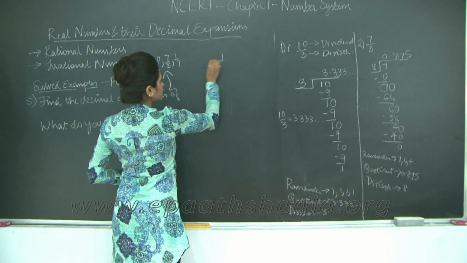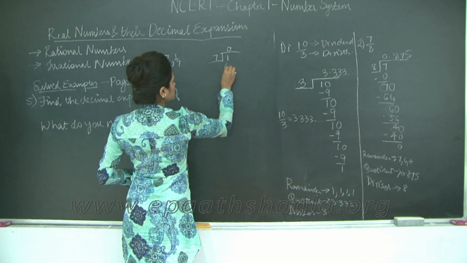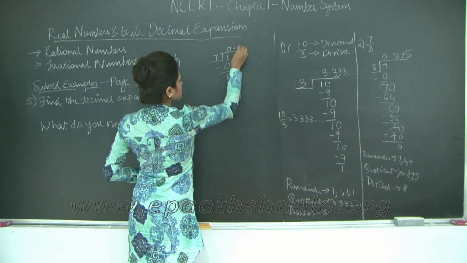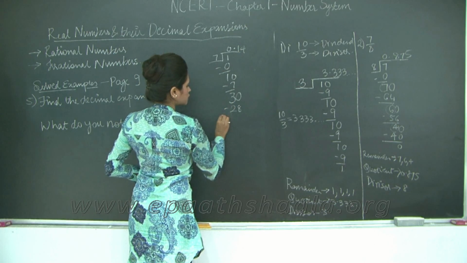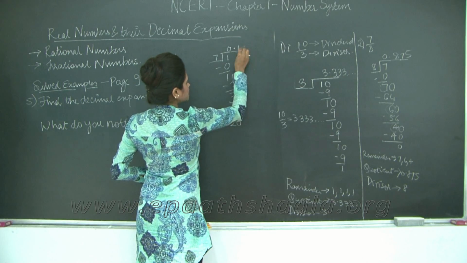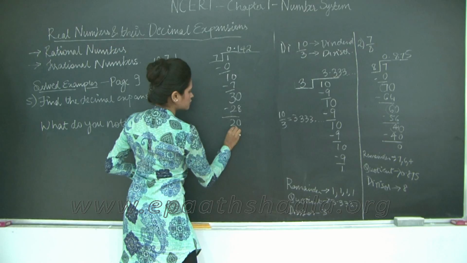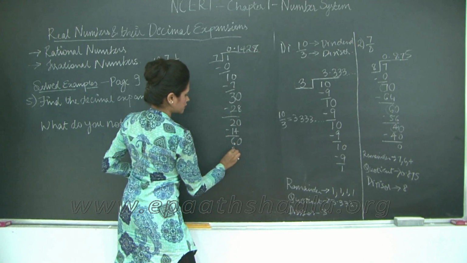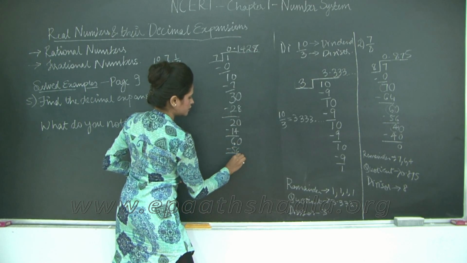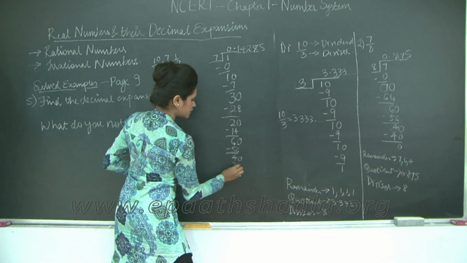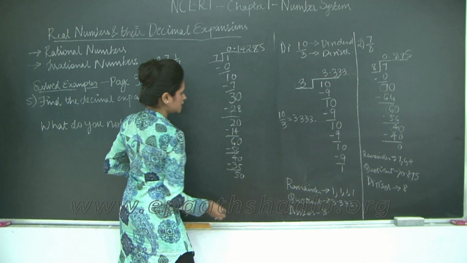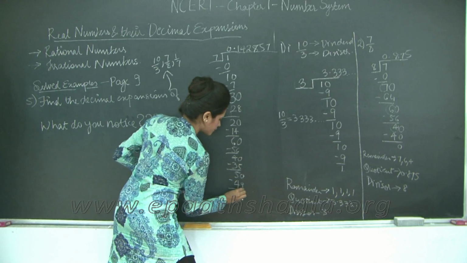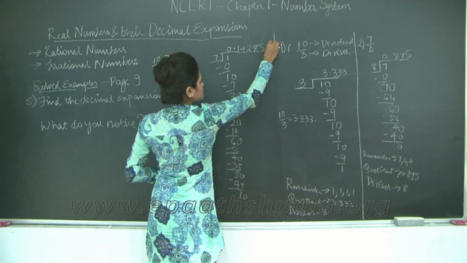So we are going to check 1 upon 7 quickly. 7 zeros are 0, 1, 7 ones are 7, 3, 7 fours are 28, 2, 7 twos are 14, 6, 7 eights are 56, 4, 7 fives are 35, 50, then 7 sevens are 49, 1, 0, 7 ones are 7,